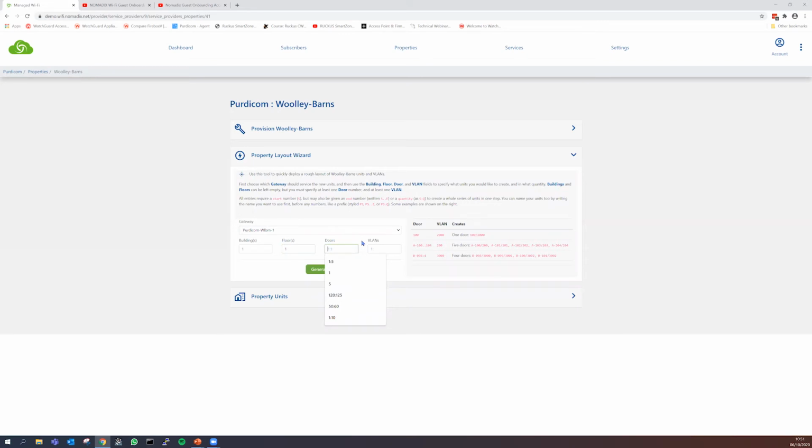Say I've got one floor that starts at door number 5, and I have four doors, four apartments on that one floor. You would enter those details here, and then we would associate the VLAN to the door as well, because it just makes everything simpler and easier to manage when there are issues, and you can diagnose where the problem lies. So I'll do VLAN 5, as that's the starting number of the doors. If I hit generate,